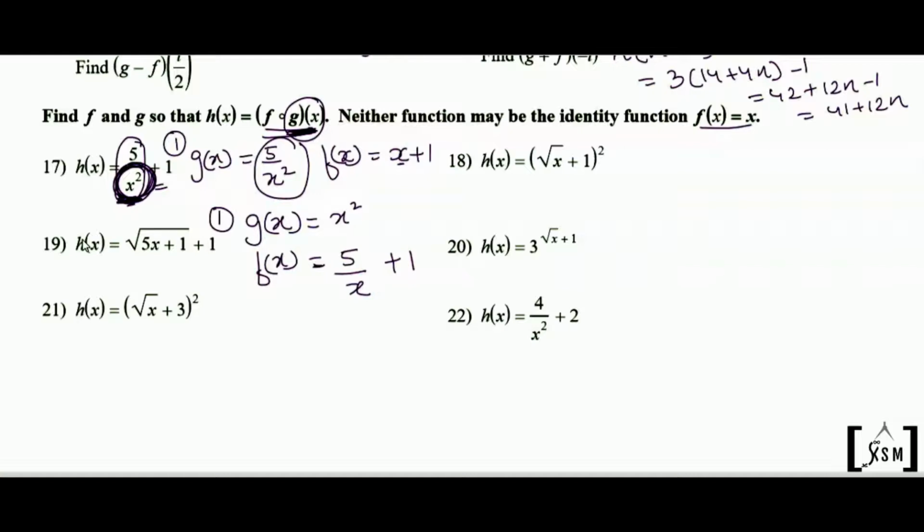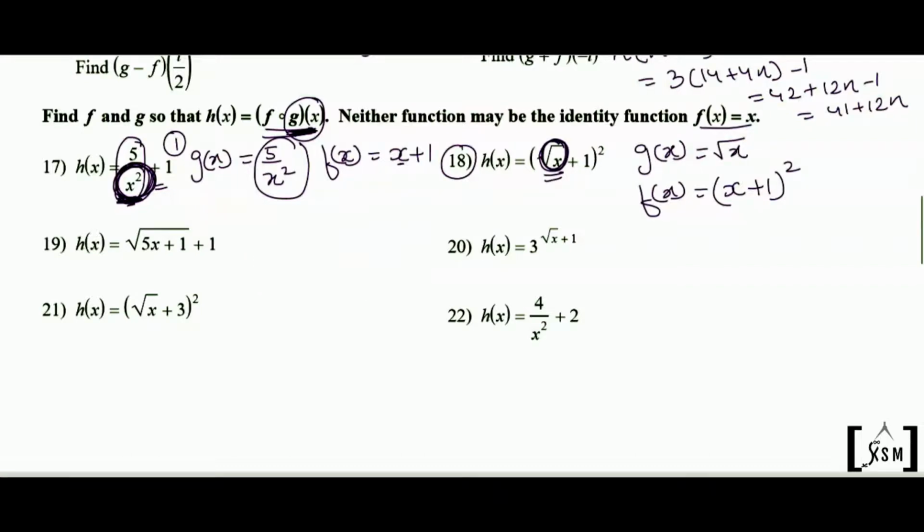Let's try question number 18. Please have a look. 18 looks very easy. I will suppose the g(x) function as root x because g(x) is in front. So I am writing g(x) equal to square root of x. Then f(x) equals x plus 1, in place of root x I will just say x, right, because that was my supposed g(x) value, whole square. Hope it makes sense, guys.